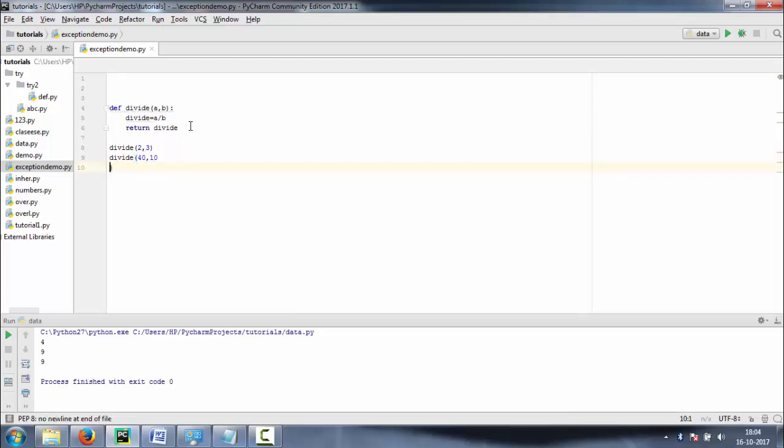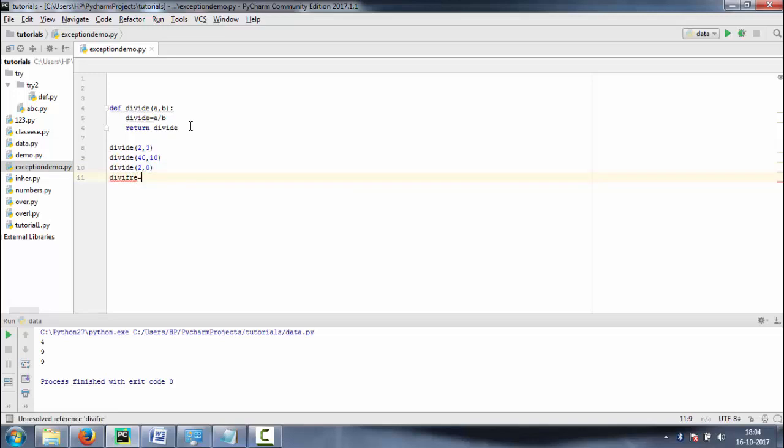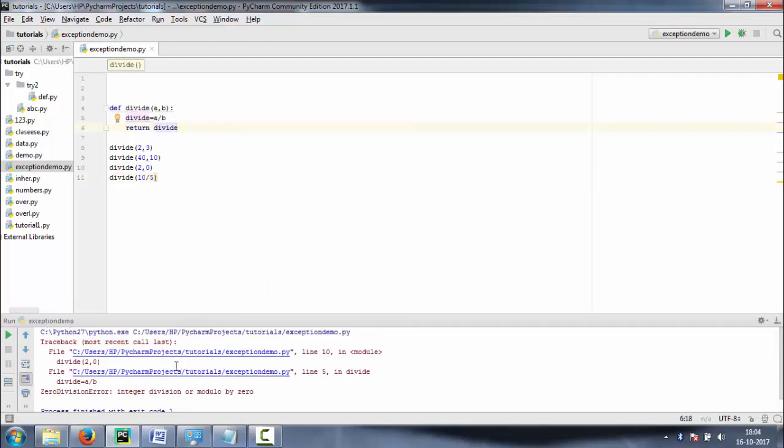Then we want to divide 2 comma 0, and next we want the output of divide 10 by 5. I think it's more than enough. Okay, let's run the code. See what happens.